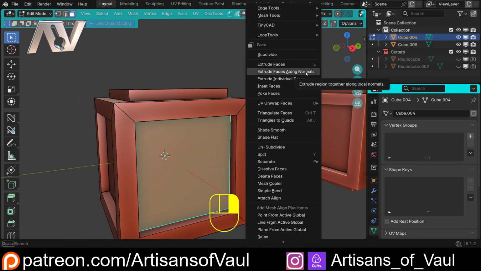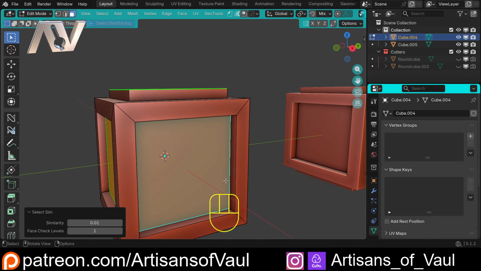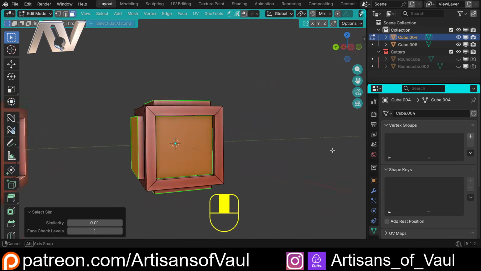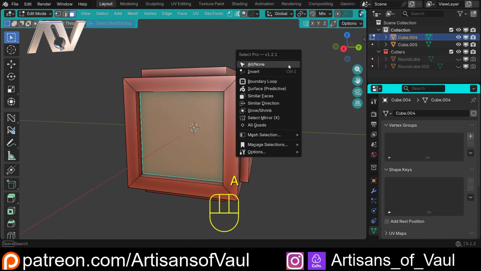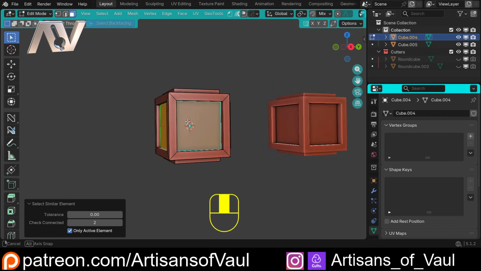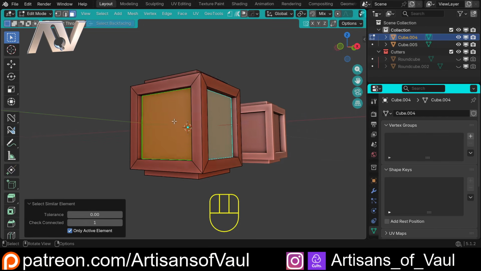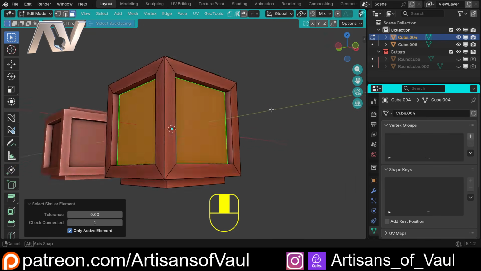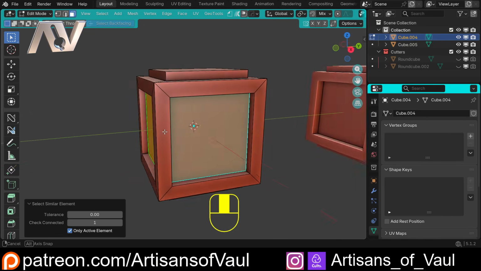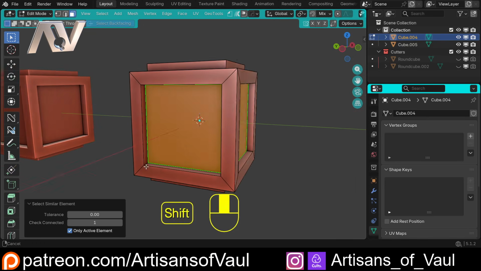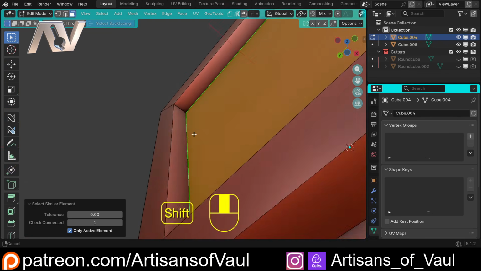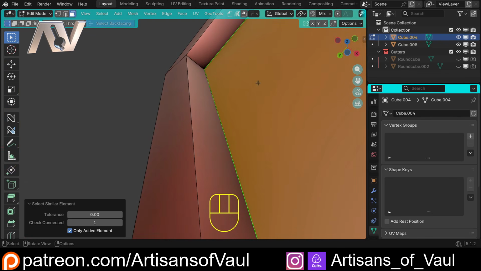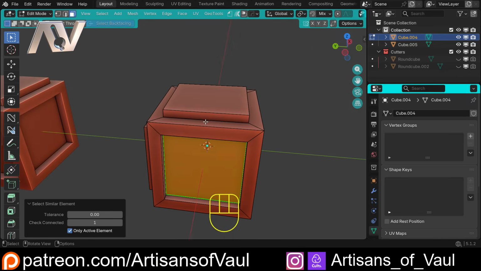And if I right click, come down and click Select Similar, this hasn't worked it out correctly. It's made a mistake. Whereas if I hit A for Select Pro and go to Similar Faces, let's just bring it down there to 1, so it's exactly the same, it has worked out that we only want these because it doesn't just work off of face size. This is actually looking at the angle as well between these different faces,